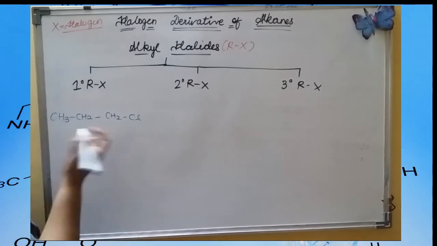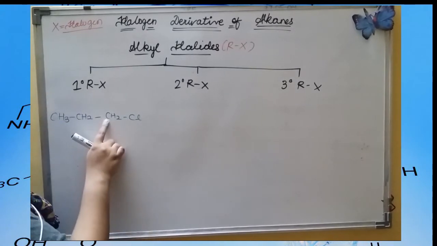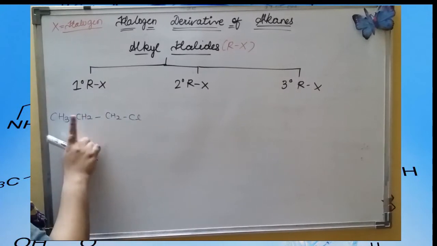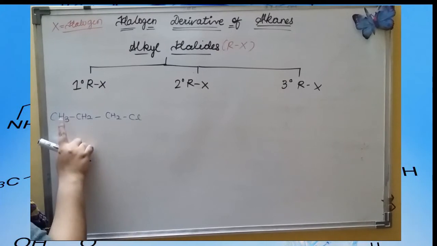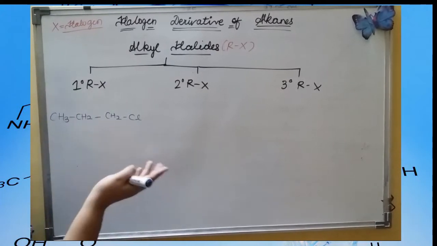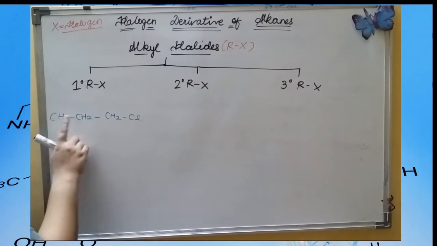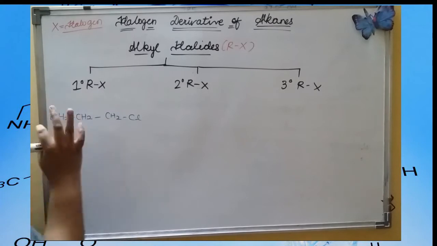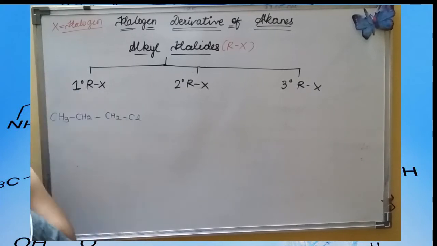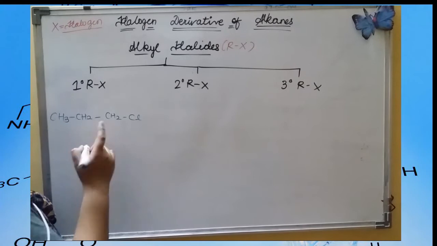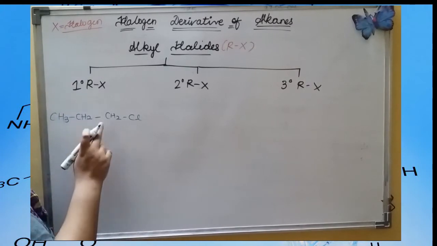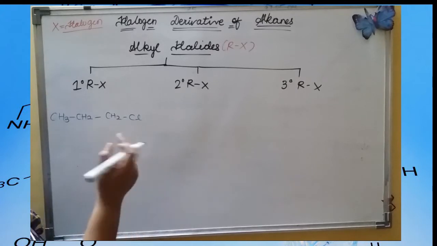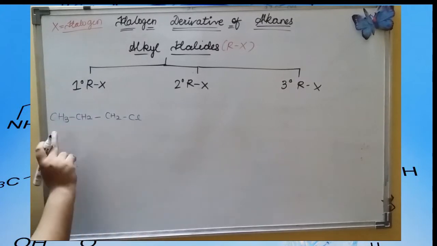N-propyl chloride. See, this carbon atom is attached to a chlorine halogen group and only one carbon atom. This carbon atom is attached to 2 other carbon atoms. This carbon atom is attached to one carbon atom. But the main criteria of being a primary alkyl halide is that the carbon atom will be the primary carbon atom only if it is attached to a halogen group and also only one other carbon atom.